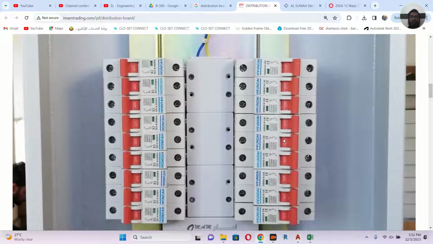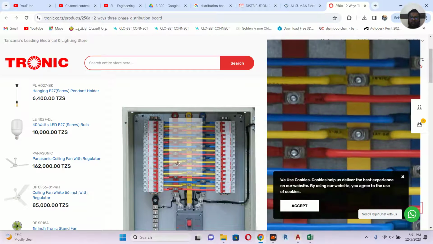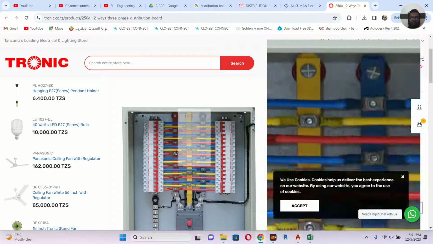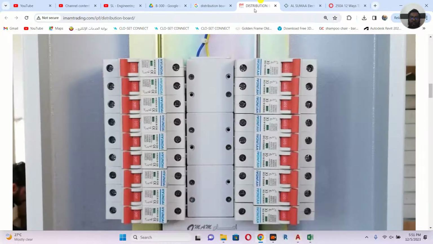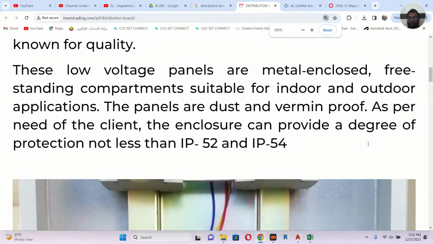A 6 way DB means 18 breakers, meaning 6 red, 6 yellow, 6 blue. And internally it is connected the same as this, but behind this plate. If I go to the other side, this will again be covered like this. Here they mention